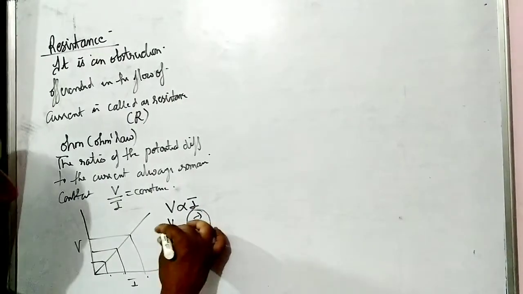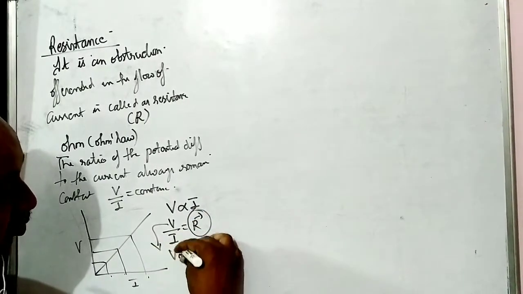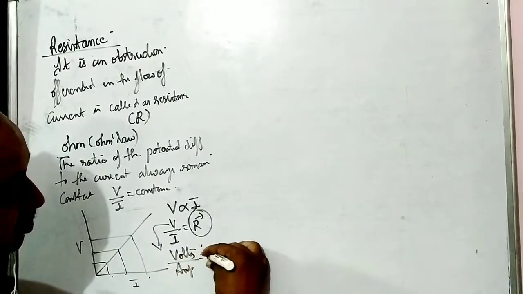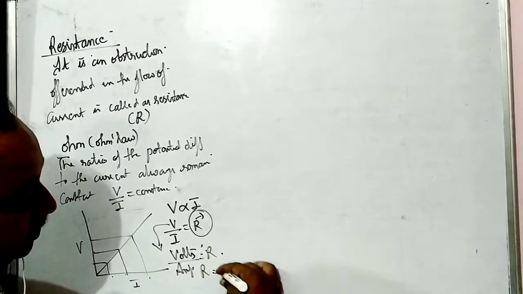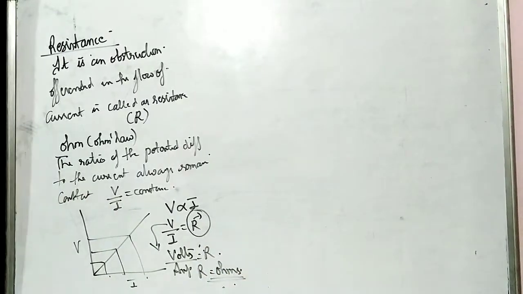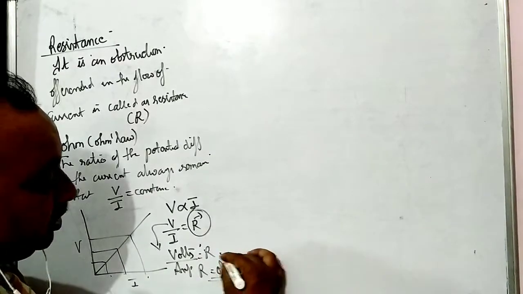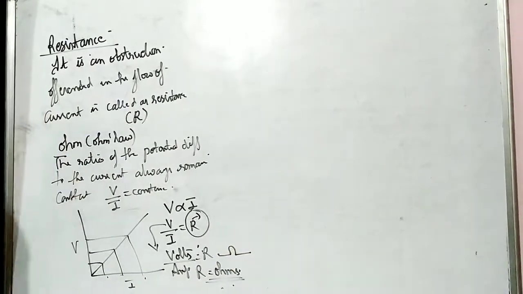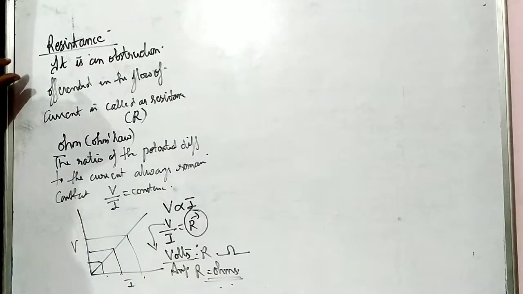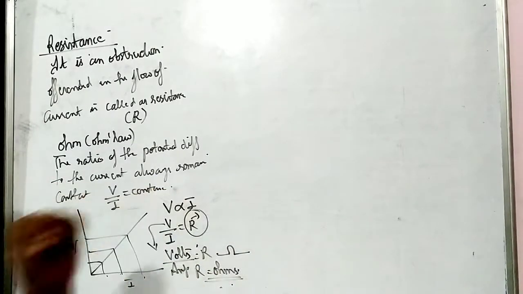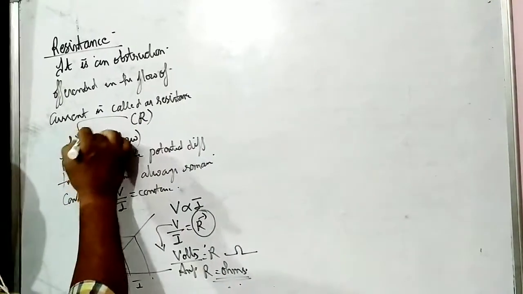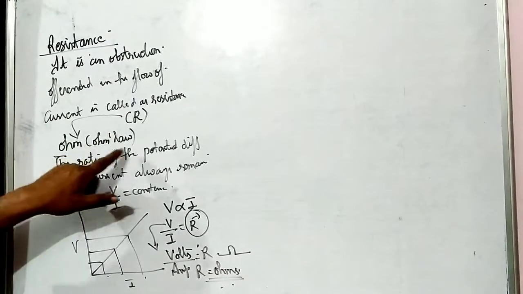Now, the potential difference is measured in volts and the current is measured in ampere, and this ratio is called resistance R, measured in ohms. So the unit for the measurement of resistance is ohms. So, what is resistance? It is an obstruction offered in the flow of current. It is denoted by capital R. Its unit is ohms, which is verified by Ohm's law.